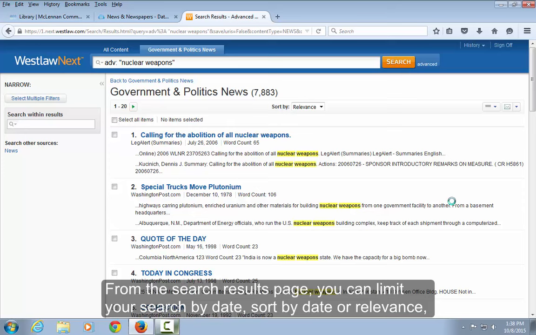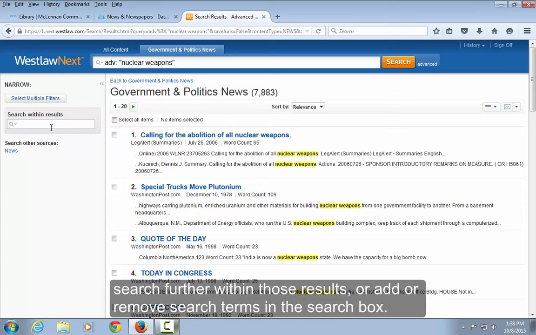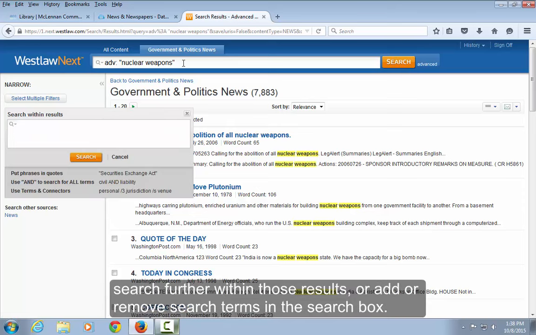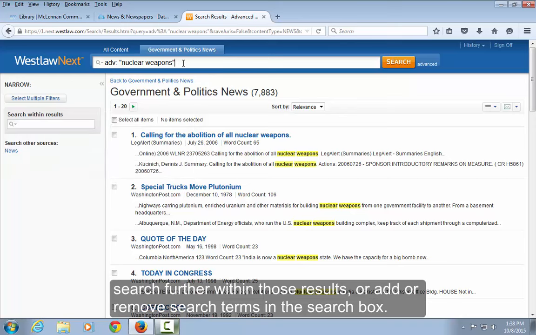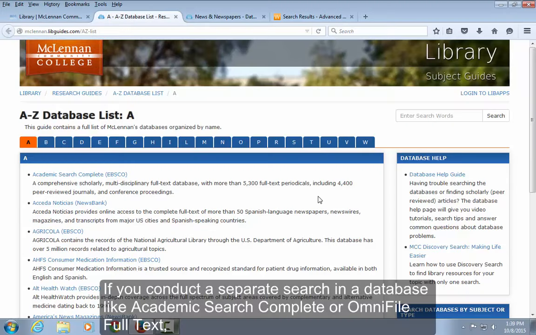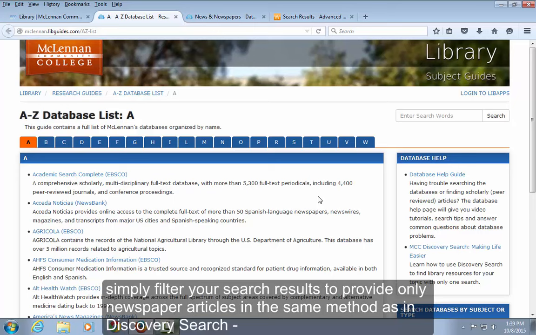From the search results page, you can limit your search by date, sort by date or relevance, search further within those results, or add or remove search terms in the search box. If you conduct a separate search in a database like Academic Search Complete or OmniFile Full Text, simply filter your search results to provide only newspaper articles in the same method as in Discovery Search, using source types and then